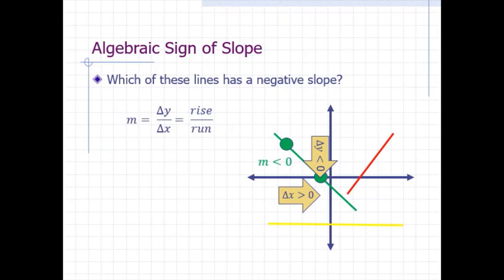A good way to quickly recognize a negative slope is to imagine yourself running on the line. If you run from left to right and you end up at a lower elevation, then the slope is negative. Put another way, we could say that a negative slope means that the left to right direction is downhill. What do you think is the slope of the red line?